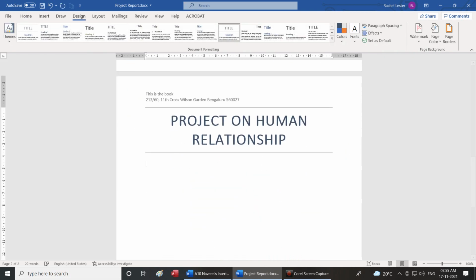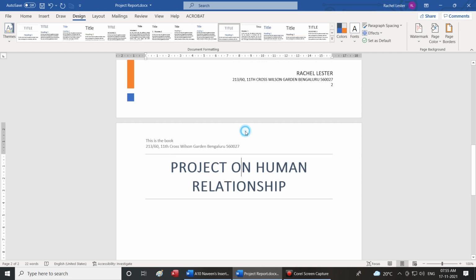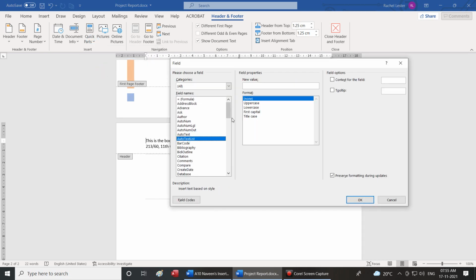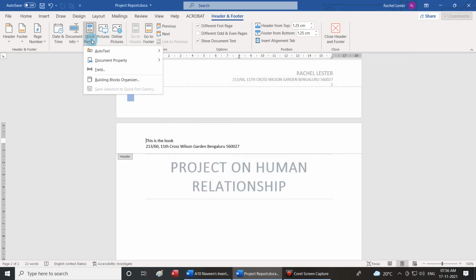So we'll go for one more page. We'll try to insert it. I'll have to be in header, only then this option gets selected. I'll come to field. Sorry, I'll go to quick parts.